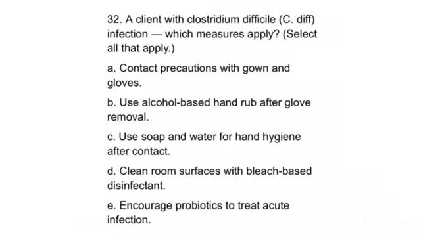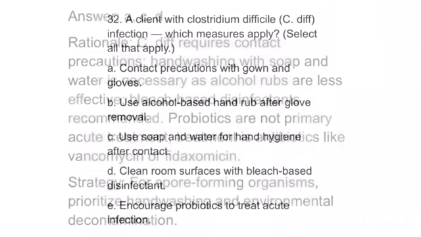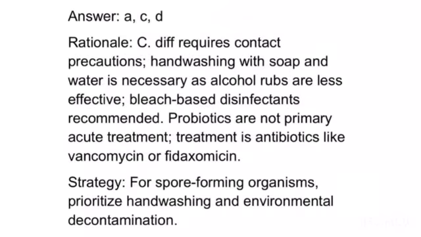32. A client with Clostridium difficile, C. diff, infection, which measures apply? Select all that apply. A. Contact precautions with gown and gloves. B. Use alcohol-based hand rub after glove removal. C. Use soap and water for hand hygiene after contact. D. Clean room surfaces with bleach-based disinfectant. E. Encourage probiotics to treat acute infection. Answer: A, C, D. Rationale: